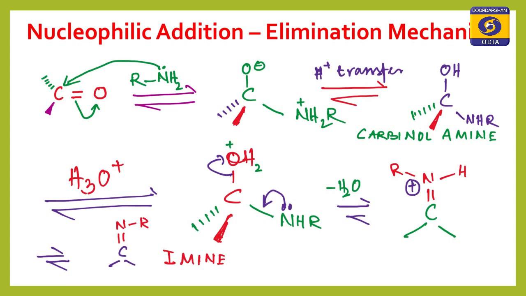You see, the nucleophilic addition elimination mechanism we will discuss first. Under this class I am going to discuss the addition of ammonia and its derivatives, the compounds derived from ammonia, such as hydroxylamine, hydrazine, phenylhydrazine, semicarbazide and 2,4-dinitrophenylhydrazine. These add across the carbon-oxygen double bond to give the addition product, that is N-substituted imine, in which there is a carbon-nitrogen double bond. We will discuss this in the next class.